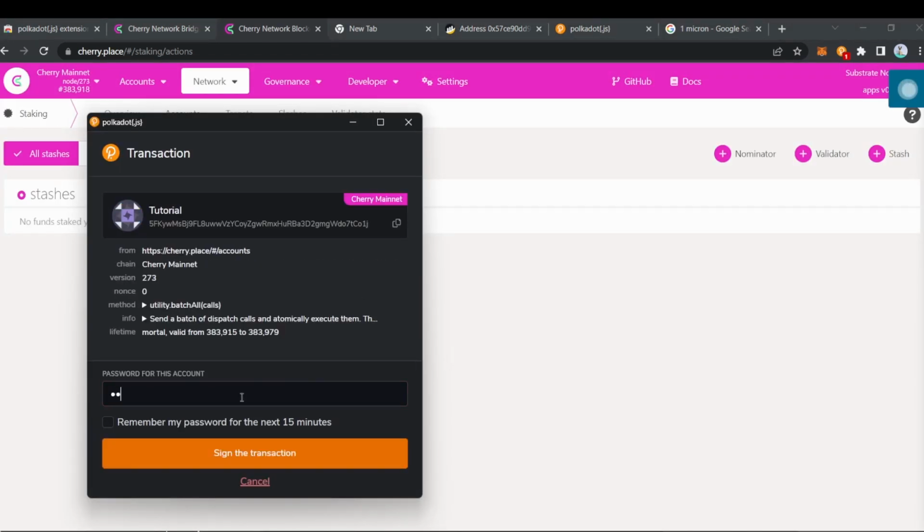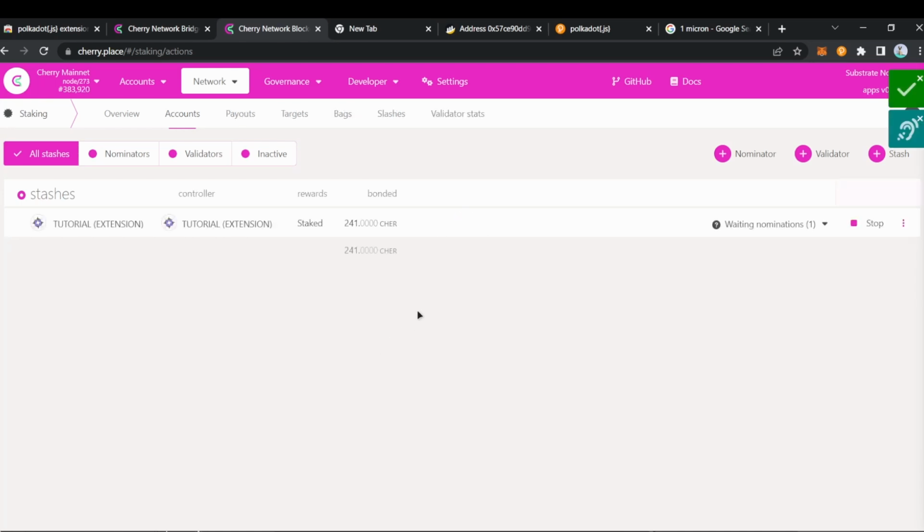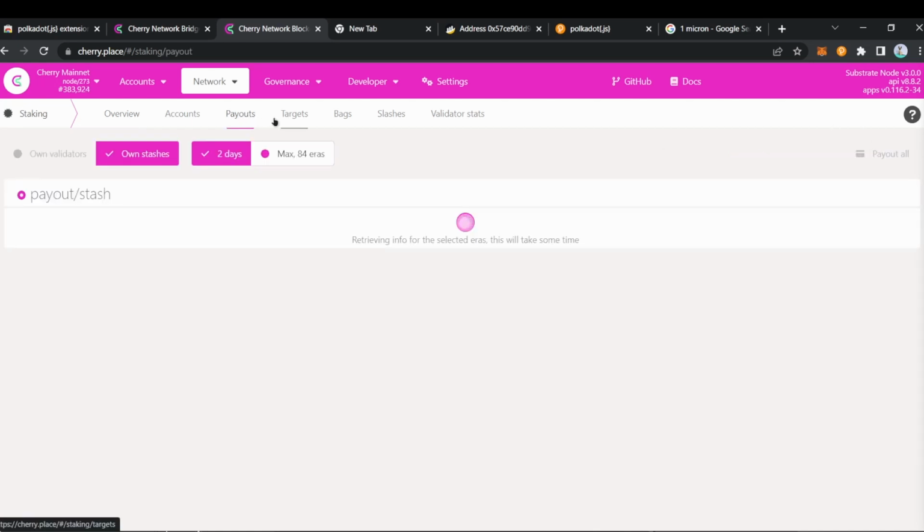So you're going to key in your password. I'm going to set it to remember my password and sign the transaction. So now I have 241 tokens bonded. It's waiting for nomination, so this is going to take a while. I believe it's going to wait until the next era, until it bonds the token. I'm not sure about that. It may be the next epoch or era. I'm not sure about that, but